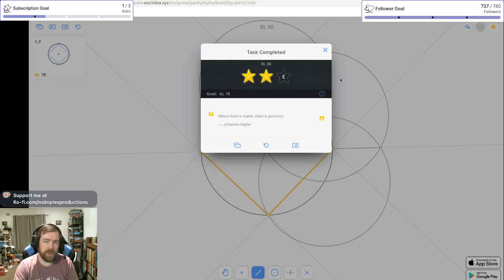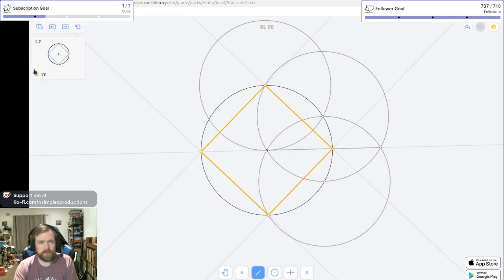The problem here being that we found how to do it in 8 moves rather than 7. So we're not going to get the E, and there's no other way to get a variant, right? Because if we started drawing 90-degree